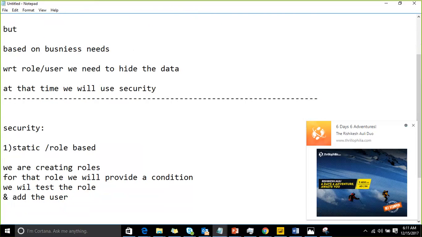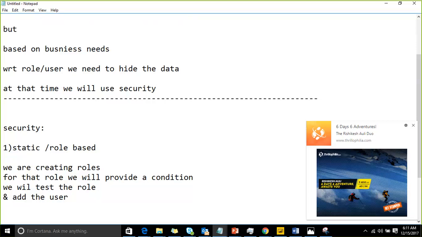It is nothing but, for example, we have users from 5 countries. We have a requirement that the person who logs in from India needs to see India data. The person from US needs to see only US data, or the person from UK needs to see only UK data. Instead of displaying all the data for all the users, the person belonging to a specific country needs to see only his country data or his region data.